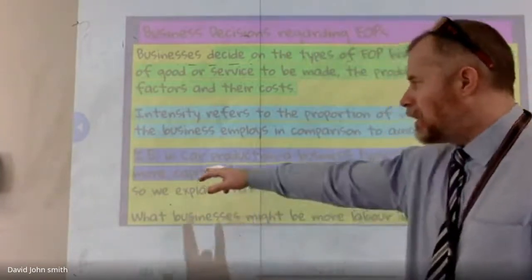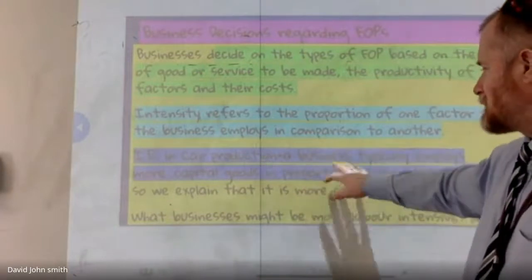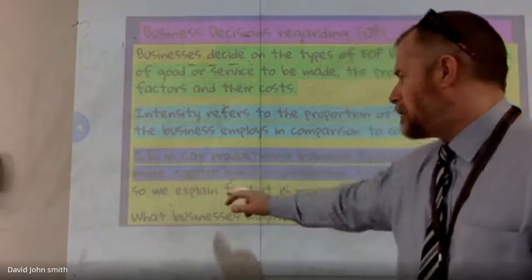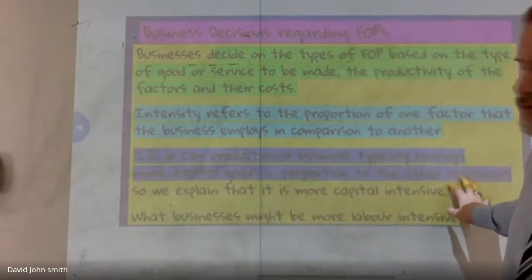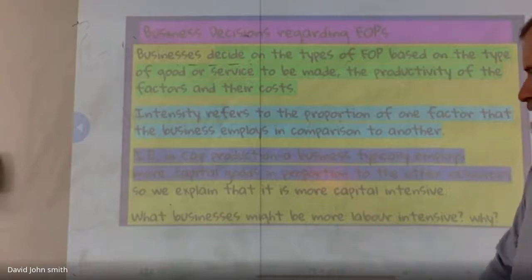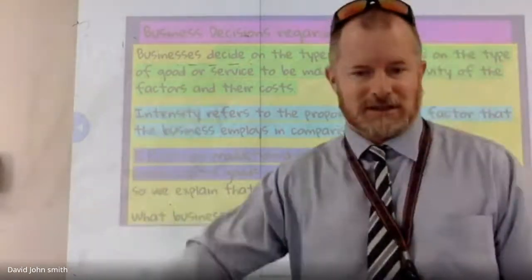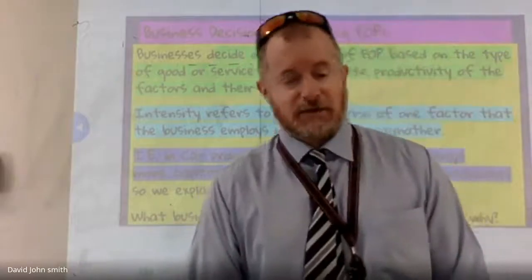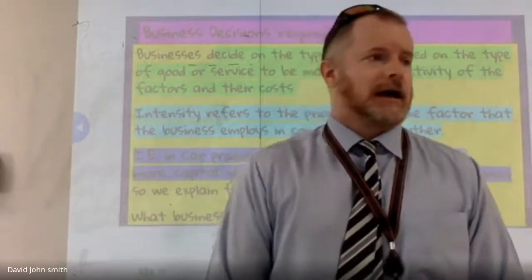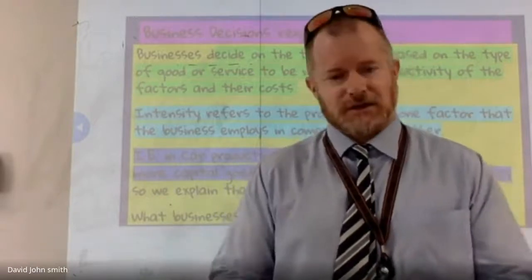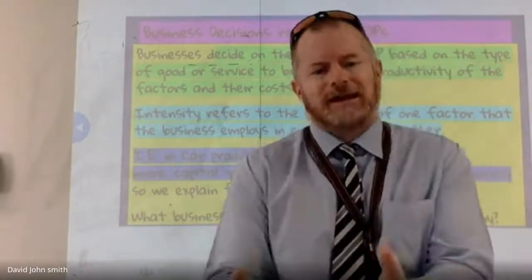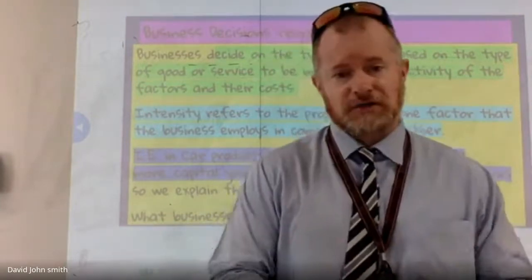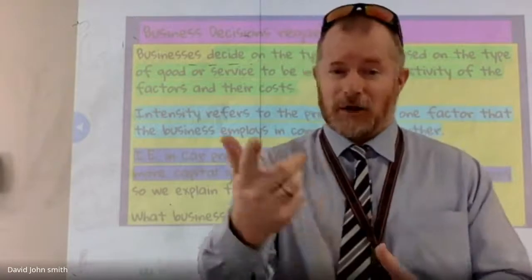So we talk here about intensity with regards to car production, right? You typically employ more capital goods in proportion to all other resources, right? So we would explain that it is therefore more capital intensive, right? Now there are going to be businesses that are labor intensive. You think about industries where it is more physical, more hands-on. You're probably going to see more people doing those jobs than machines. I'm not saying that will always be the case,